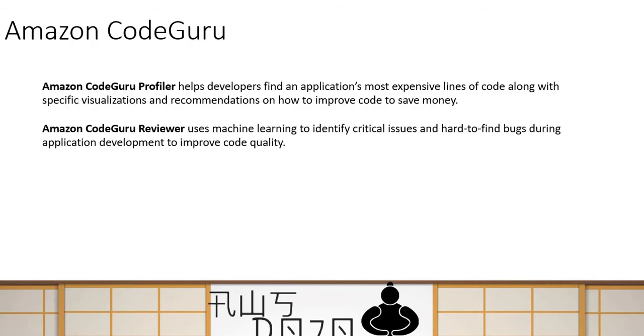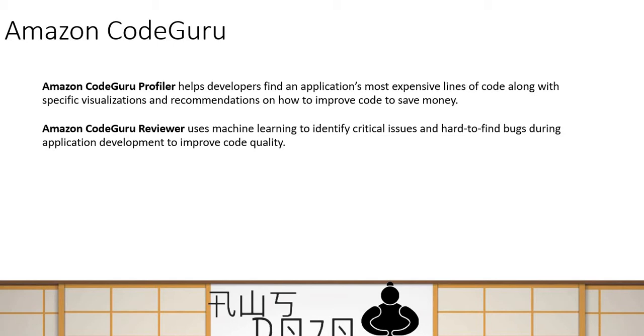So as I mentioned, CodeGuru has two features or sub-services under it. One is Profiler, and Profiler can do profiling of your applications running on EC2 instances or even Lambda to see the performance of the code. It can try to find the most expensive line of the code and can help you optimize your code for